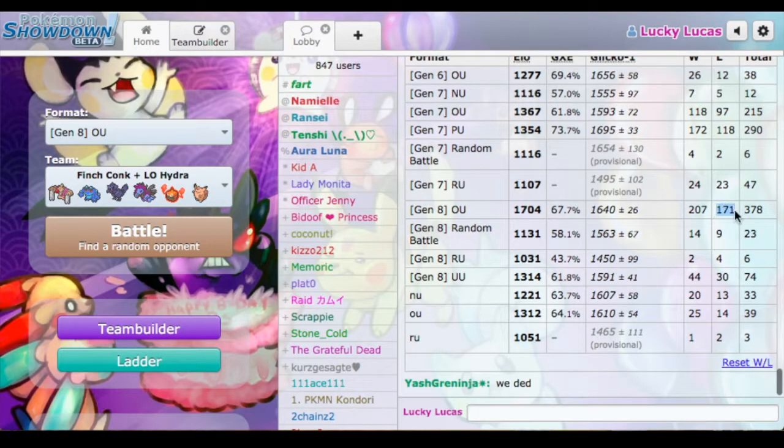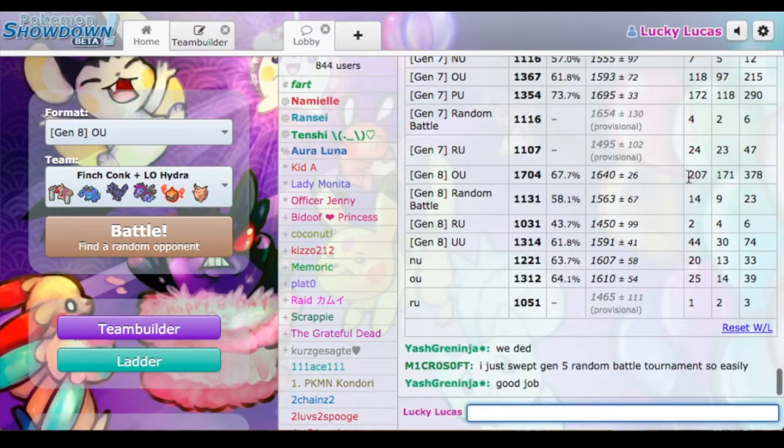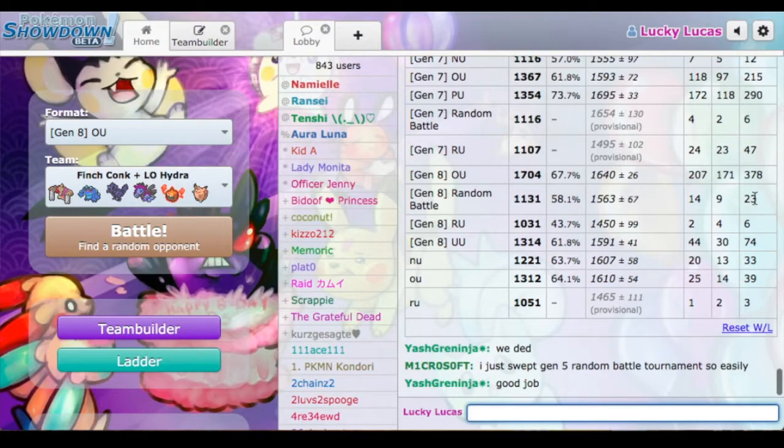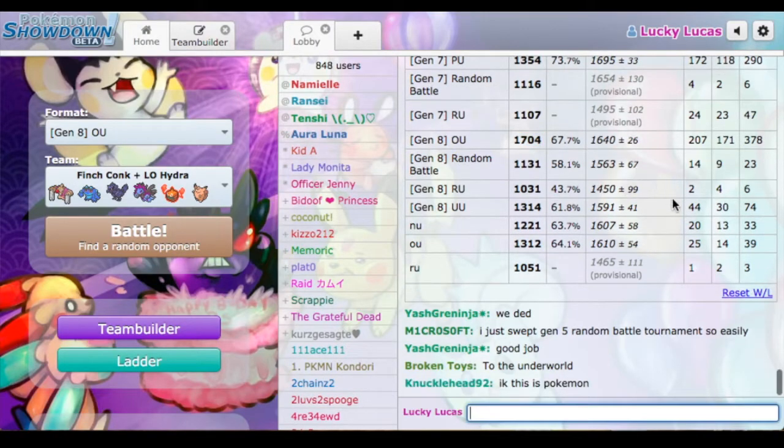Now, of course, I had a lot of catching up to do to these guys. These guys were very good before the gen started. I was rusty when the gen started, and also I needed to pick up. This, I don't know what this value means, but 1640 plus or minus 26, I don't know if that's supposed to be my predicted Elo, but I smashed that. I'm probably gonna go on a big drop as soon as I play another game, but yeah,